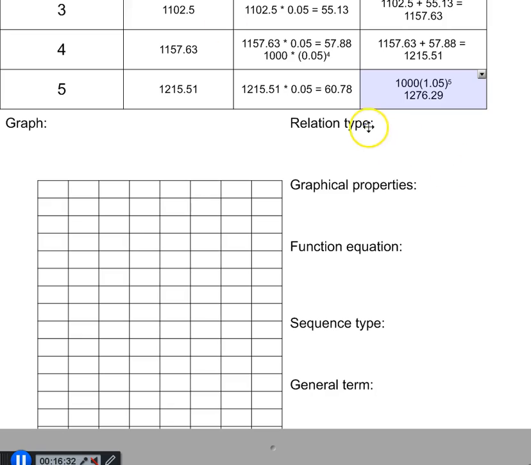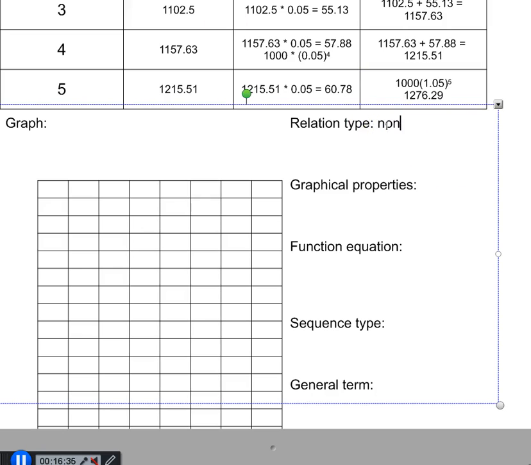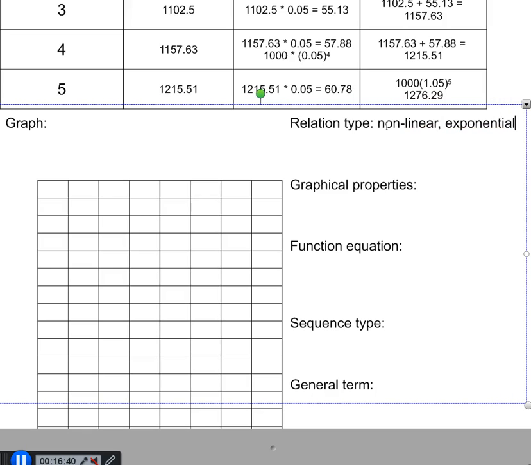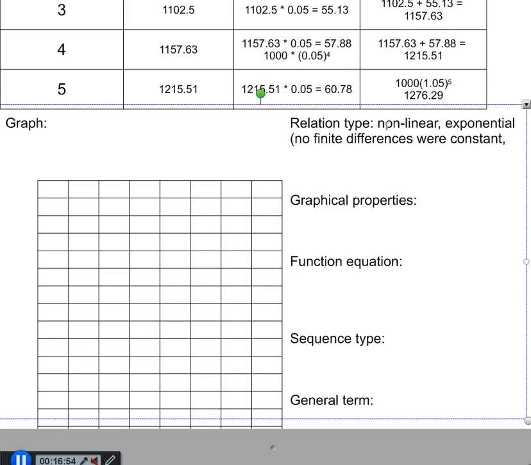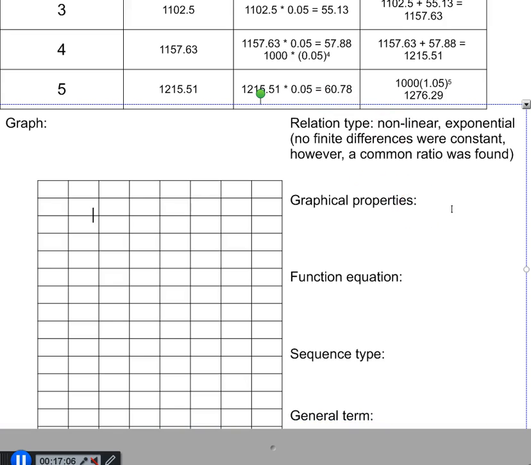The relation type certainly is non-linear and exponential. We can see that no finite differences were constant. And more importantly, a common ratio was found. Graphical properties, well, we can see that the common ratio,